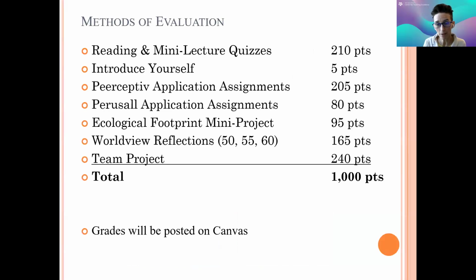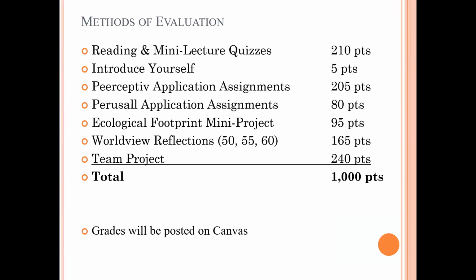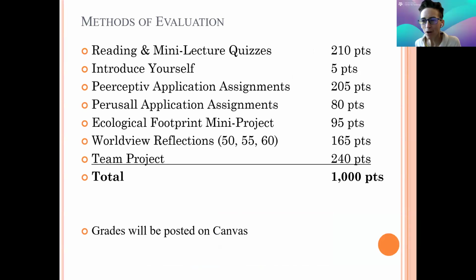Okay, so here are the methods of evaluation for the course. There's one thing that you'll notice that is not in this course. Does anyone pick up on what is not in my course for evaluations? Yes. Exactly right, Aiden. I got rid of tests around 2020, when everyone was coming back from the pandemic, and